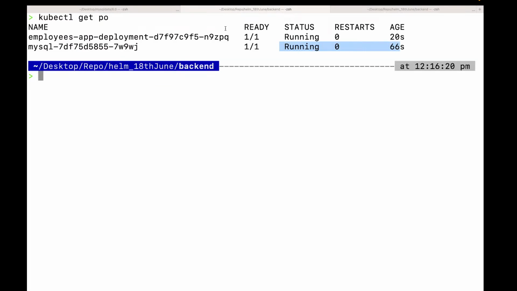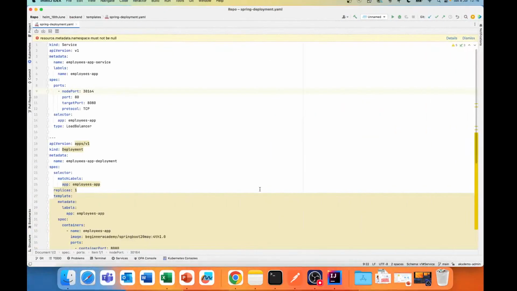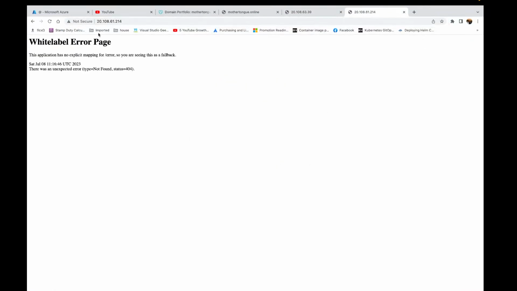Our employee app has been up and running. Let us check the service as well. svc stands for service. Our employee app service is running on an external IP, that's a public IP, running on port 80. Now let us access the same URL. You see it is responding, but the main thing is we need to pass our